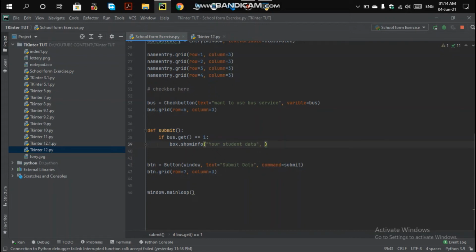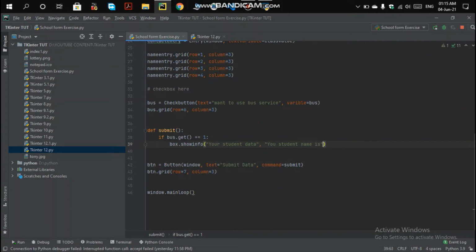your student data is the title of your showinfo, and the values will be your class and your name. We will be writing your student name is, and we will be fetching all the data of your student from your string variables.